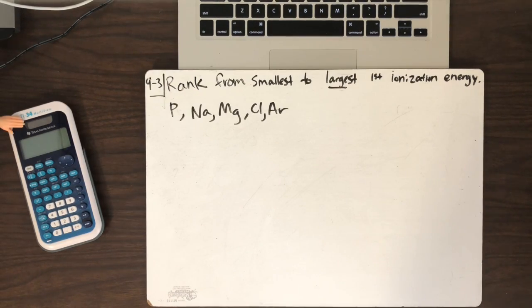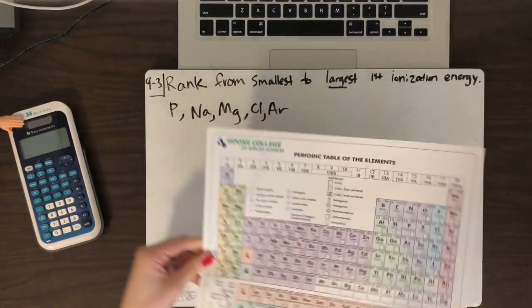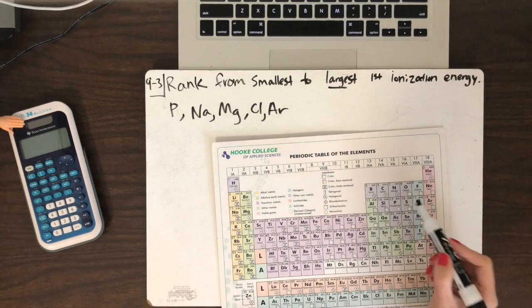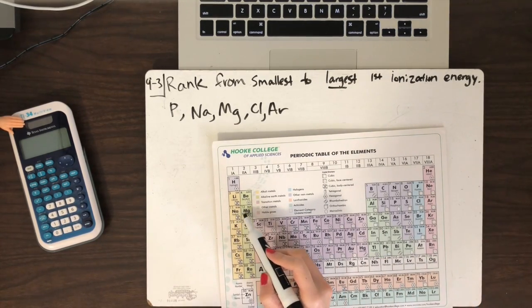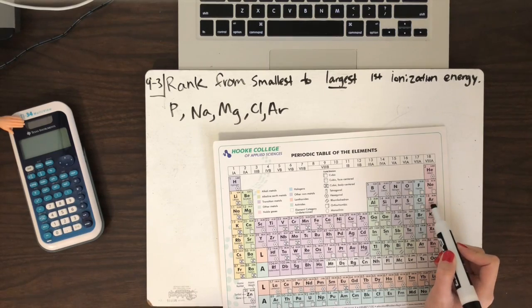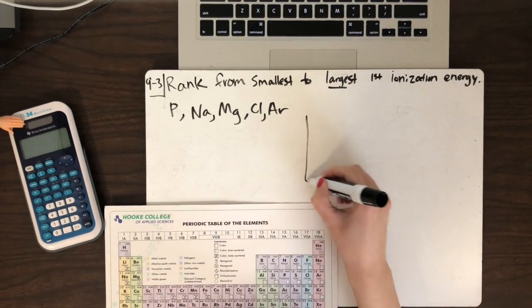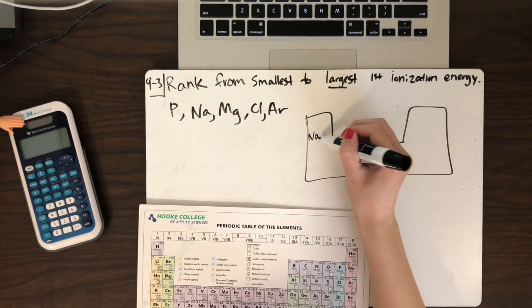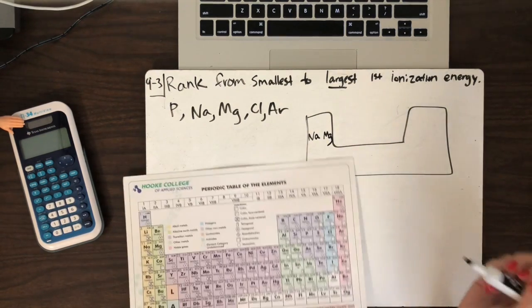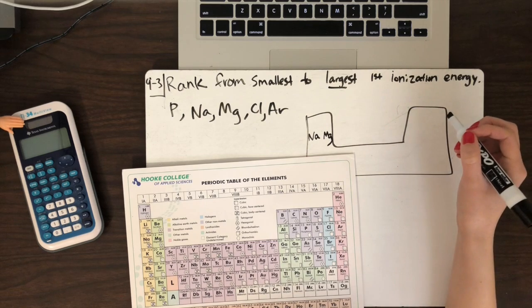Second series in this problem is P, Na, Mg, Cl, and Ar. And if you notice on the periodic table, you can find them sort of all in a row. So P here, Na, Mg, Cl, and Ar. So if we kind of put it in the order we find them, we have Na, Mg, and then we've got